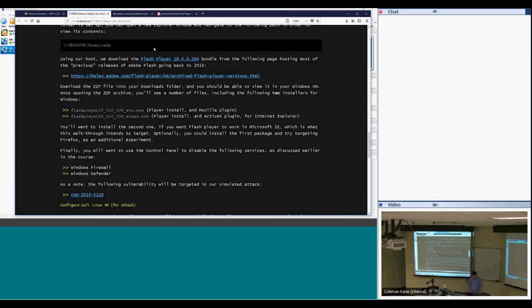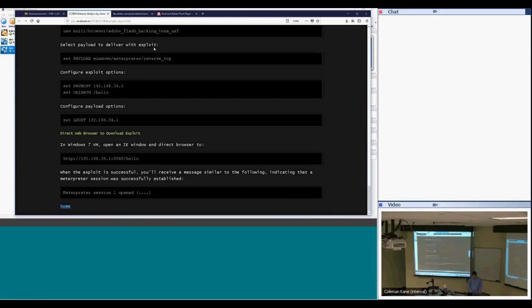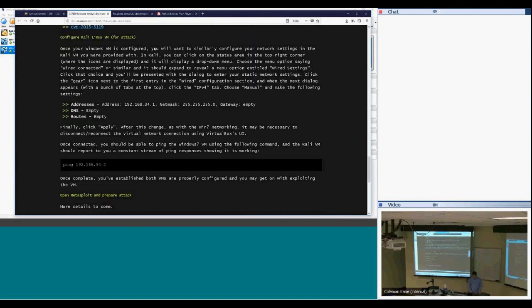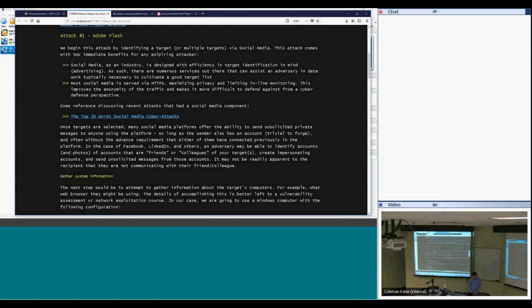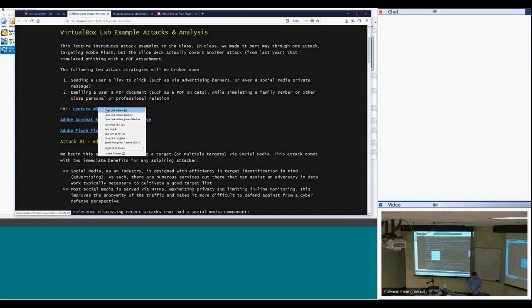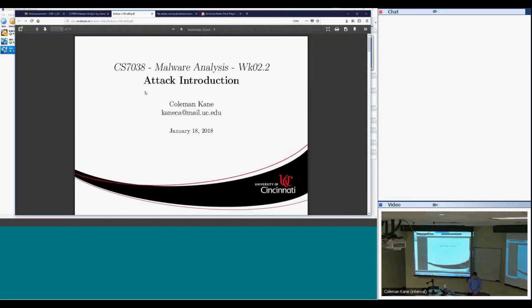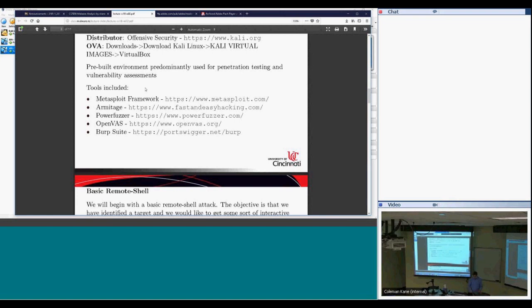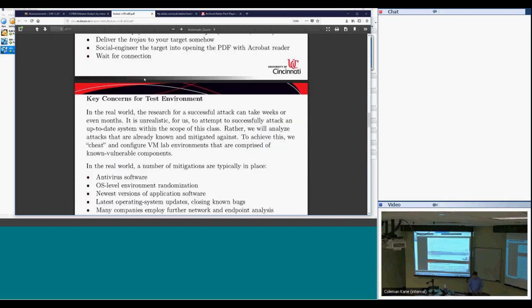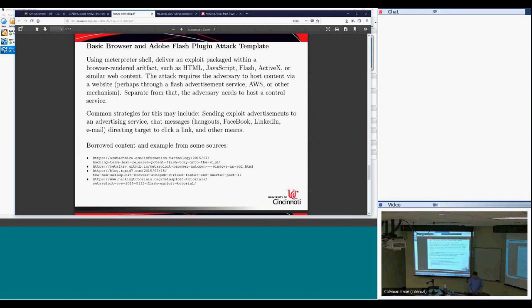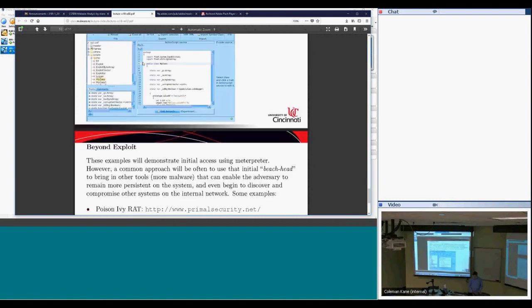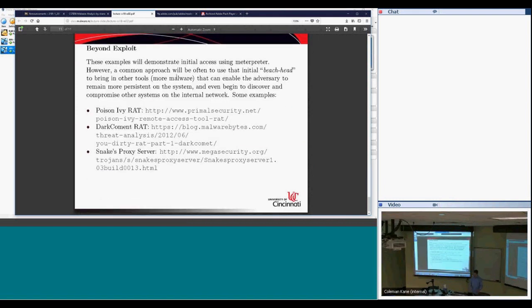I'm going to jump over here and go over. So. I think I actually have one of these listed here. So going back to the slides for a moment, I'm going to go down here. A lot of these we went through. The one I didn't go through yet is, so this stuff down here is that kind of after we get initial access, it might be valuable for us